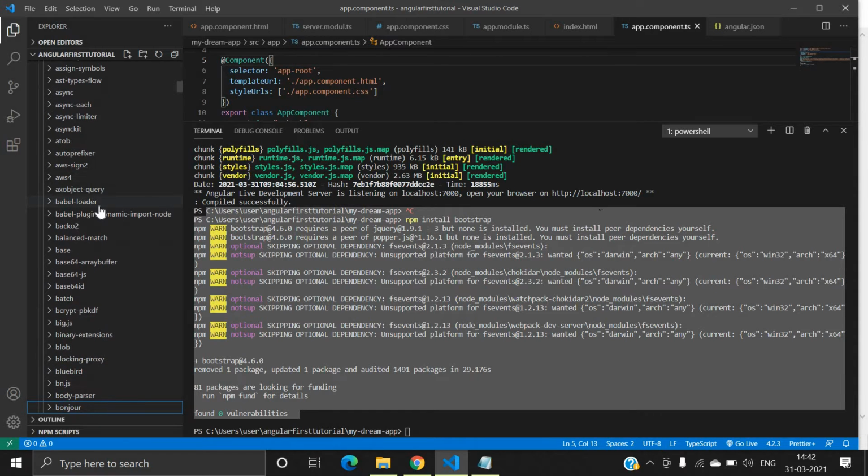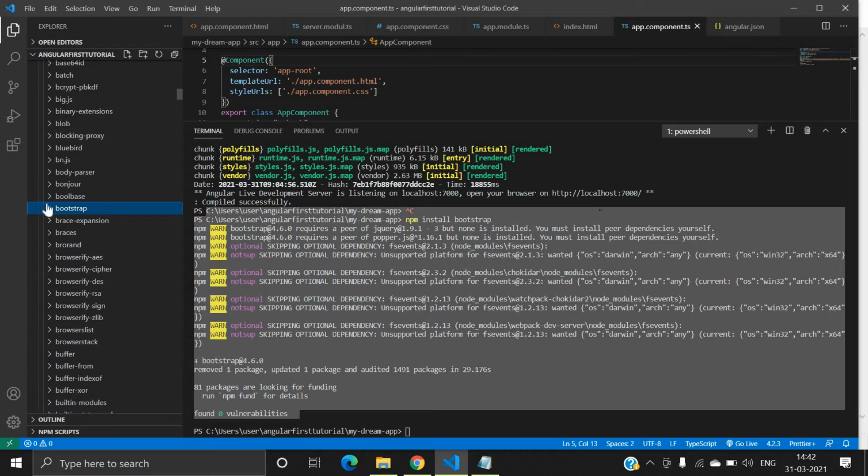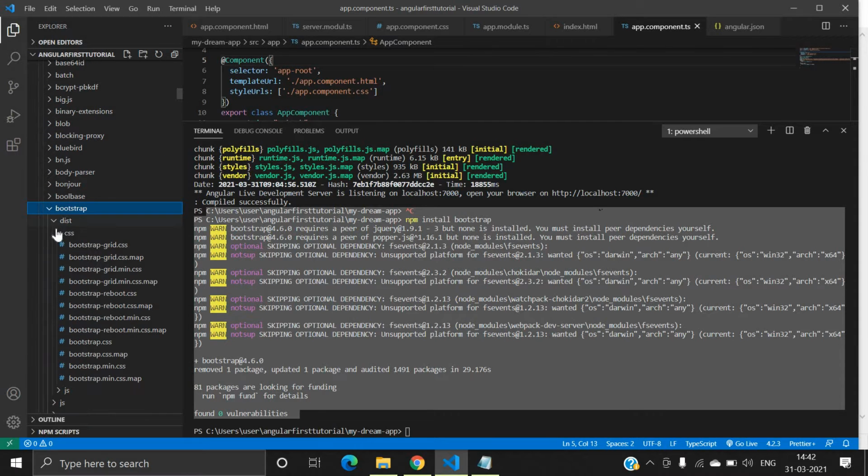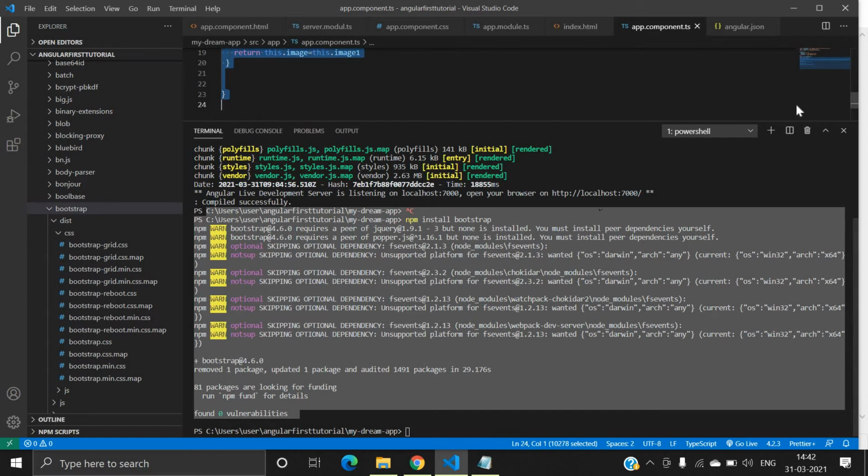So you can see inside node_modules, bootstrap. Inside bootstrap there are a lot of files. Inside dist, inside css, we have a lot of files like bootstrap-grid.css. I will use bootstrap.min.css, and I will use this file's path inside